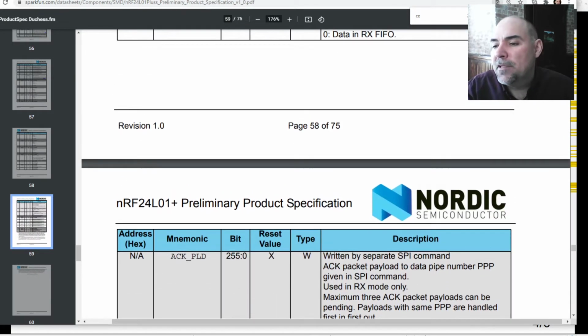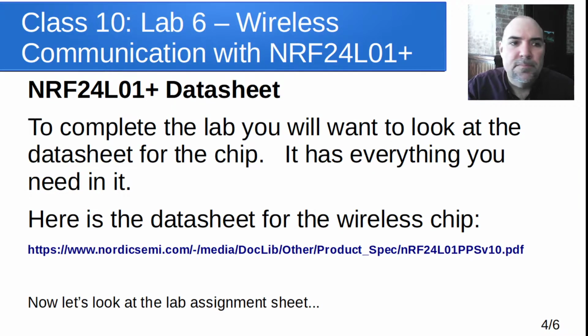Okay, so let's switch back to the presentation for a second here. All right, so that's the data sheet. Feel free to look back at that as much as you need to. You can go back and refer to things, read through things. If there are features you want to learn more about, I would by all means encourage you to look at that. But to make this lab easier,